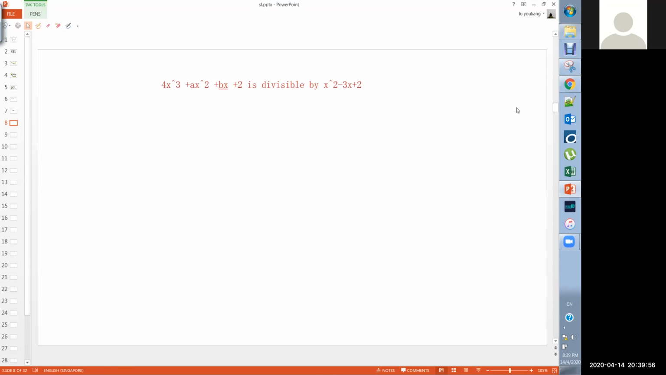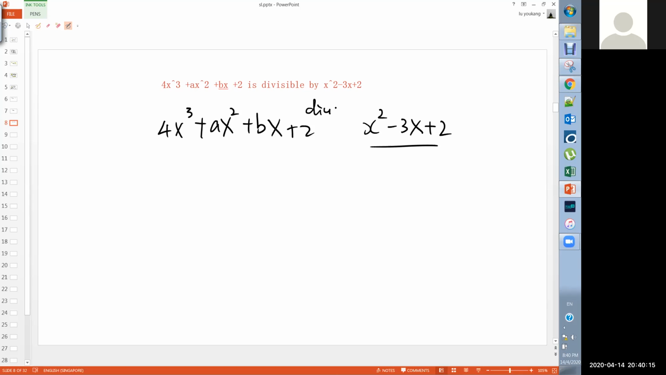But I tried, but I cannot do because like we're at A, right? Let me try to write down. It's divisible by what? Divisible by this thing. Is divisible means divide by? Divisible. So basically, when we talk about